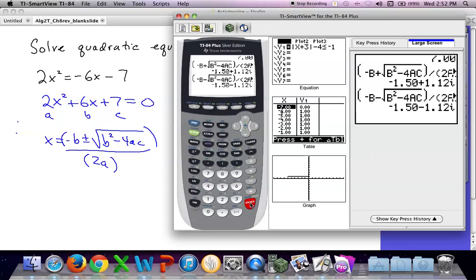So that's how you can use the quadratic formula, right? Store the a, b, and c, type in the formula. And the thing is, let's say you've got more than one problem that uses the quadratic formula. Once you put it in once, you can always bring it up again by just hitting second enter until it comes back on the screen. Restore your a, b, and c, second enter until you bring it up, done. Now, like I say, a lot of these you can solve by other